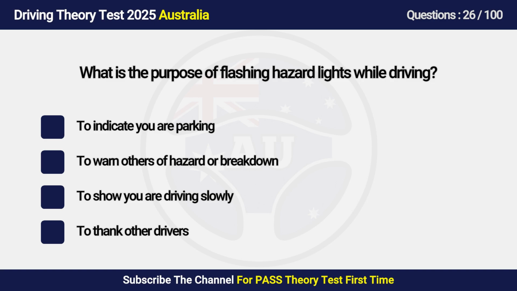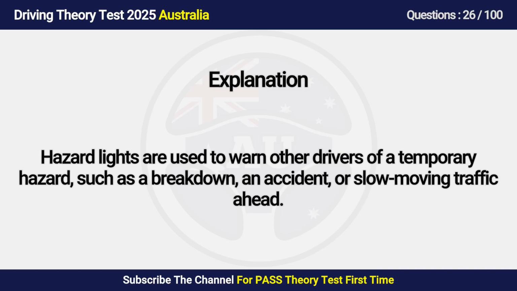A. To indicate you are parking. B. To warn others of hazard or breakdown. C. To show you are driving slowly. D. To thank other drivers. Answer is B. To warn others of hazard or breakdown. Hazard lights are used to warn other drivers of a temporary hazard, such as a breakdown, an accident, or slow-moving